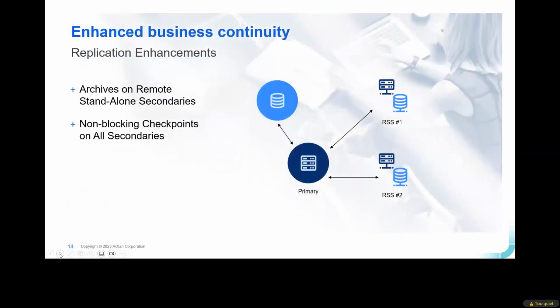I'll talk about two more replication features that were requested for a long time and are now quite popular. If you've ever set up an RSS node, you know it's worth the effort, but it does require moving all the data in the primary instance over the network to the secondary's machine. If you ever needed to drop the RSS for some reason and reestablish it, you had to go through that